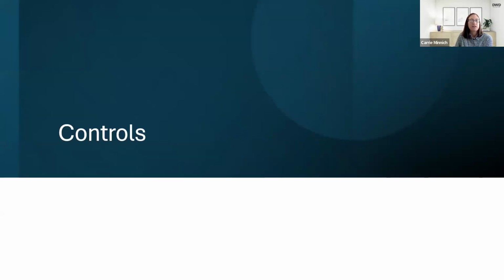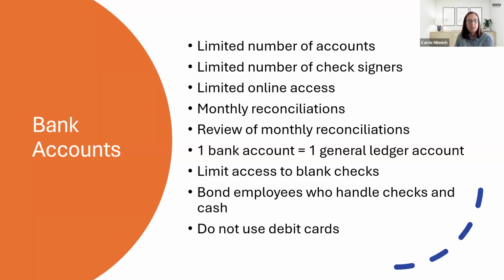So next, I want to talk about specific controls, and this is where we're going to spend much of our time today: talking about specific controls that you can take and implement into your organization if you haven't already. So the first is going to talk about bank accounts. The risks here include the theft or use of cash for non-business related payments. So someone getting access to your bank account and taking your cash, that these people should not be taking.